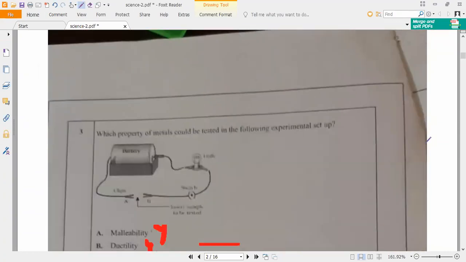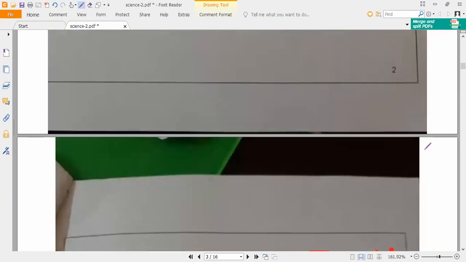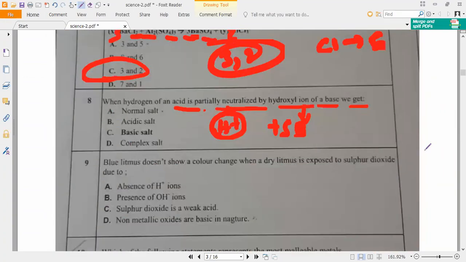Then why can't you answer this? That is what I am thinking. I am waiting for you people, but you are not answering. So what is the correct answer? It is basic salt. How many of you understand this question? Respond to me, I want the answers. Are you clear? Yes, sir. Because here the acid is partially neutralized, not completely neutralized. Do you understand?